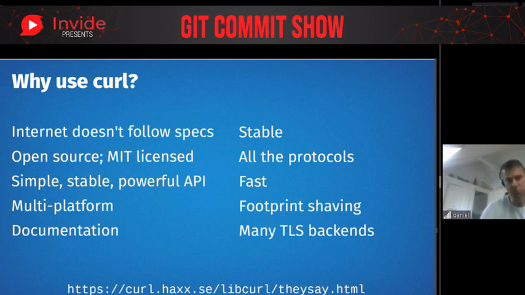One of the primary reasons people like curl is also that it's multi-platform and it works the same way on all platforms. If you switch between platforms, you write your application to work on Mac, Windows, Linux, Android, iOS, or whatever, you can write it to work the same way, and libcurl is there on all of them, and it'll help do internet transfers on all of them. And one of the benefits of having open source and a stable API is that the documentation can pretty much remain and just get improved over time.